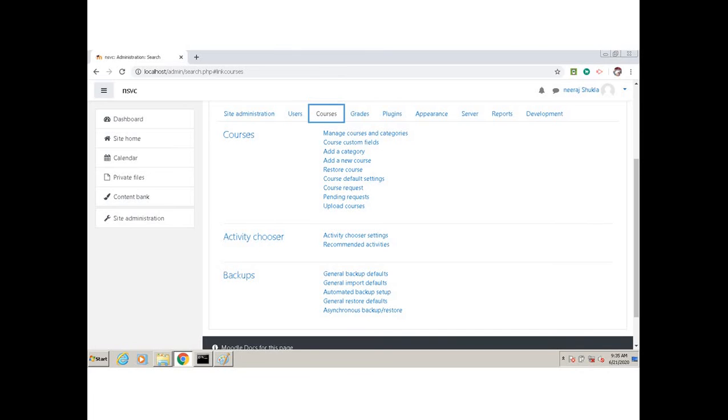So that is a category. Inside that category you will be having first year courses. So you manage categories, course custom field, add a category, add new courses, restore courses, course default setting, course request. That means you are assigning course to some student, pending requests,